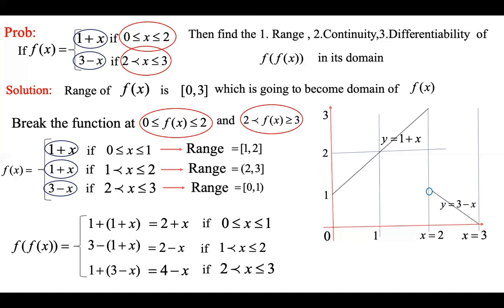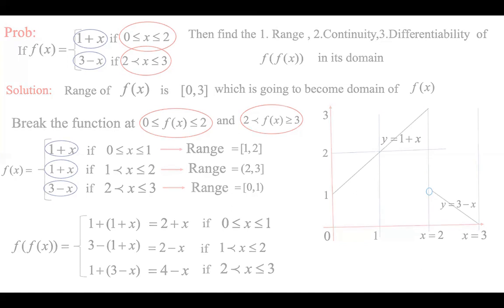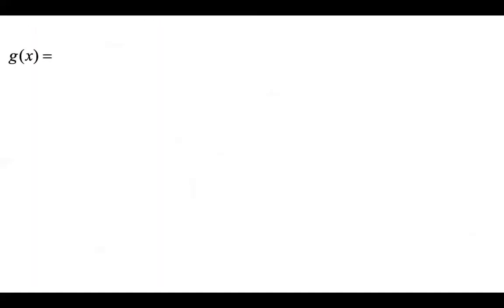And when we think about it through the graph, things will be very clear, without confusion, for writing the composition of two functions. Now you observe this, right? This is the f composite f of x. Now let us see the graph of f composite f of x. Let me call it g of x, and let us observe the remaining things.